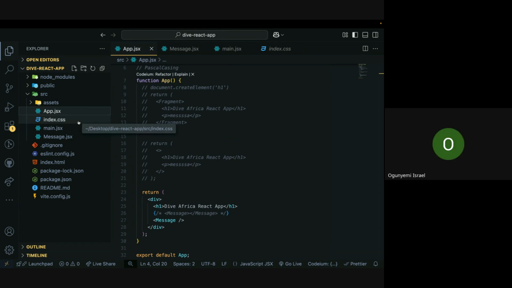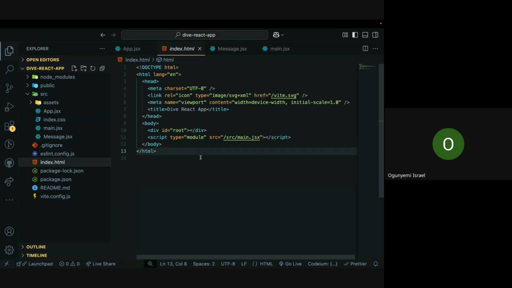Does it mean that we can either use the index.html to write our elements, or it is preferable to use the JSX? It's not like preferable, it is a necessity that you use the JSX, because now you're using a library and